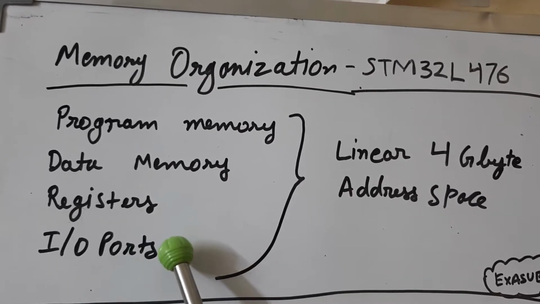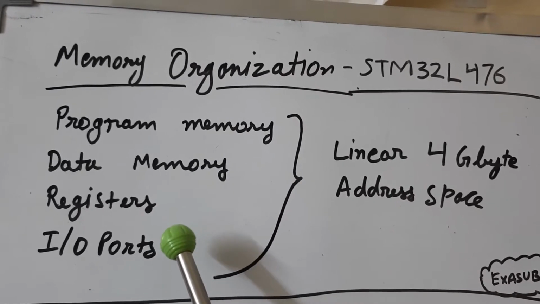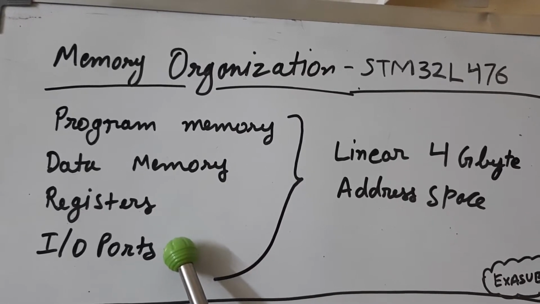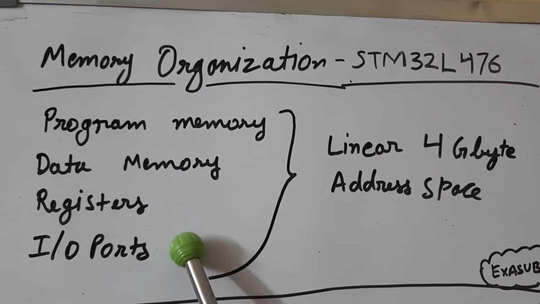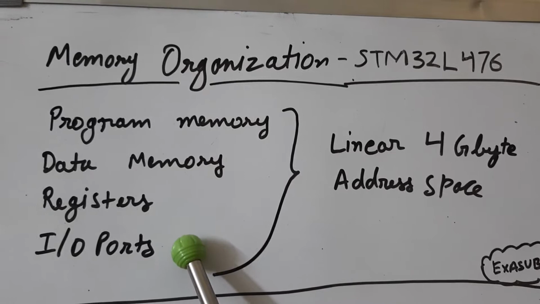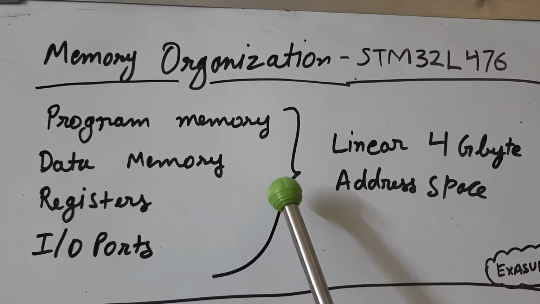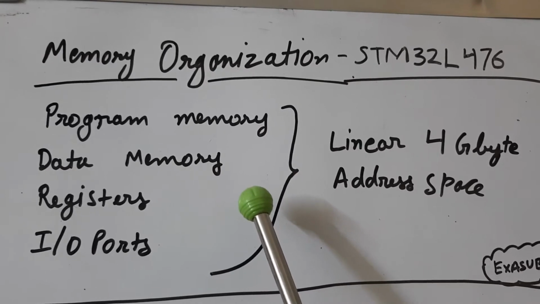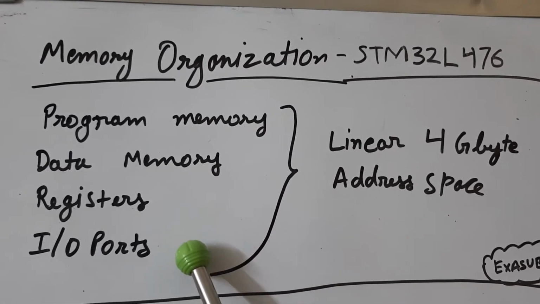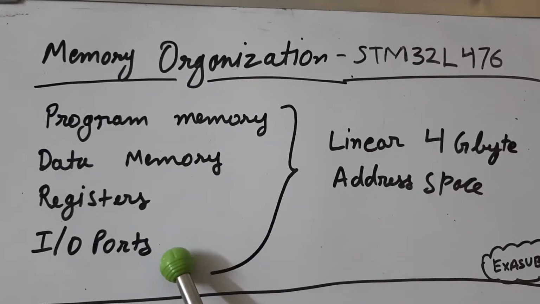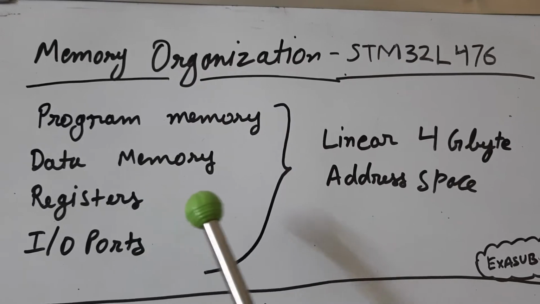Some of the memory is bit addressable, but only a few portions of the memory are bit addressable, while all the rest of the memory is accessible using only chunks. So it is only byte addressable or word addressable.